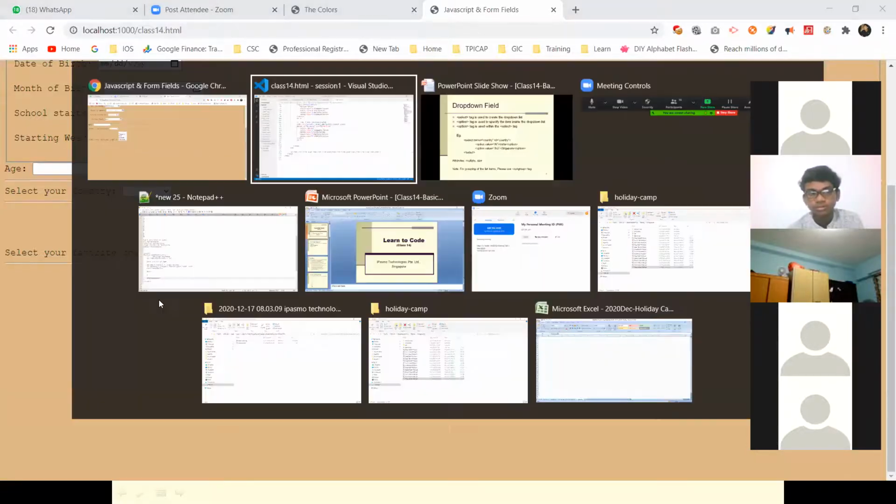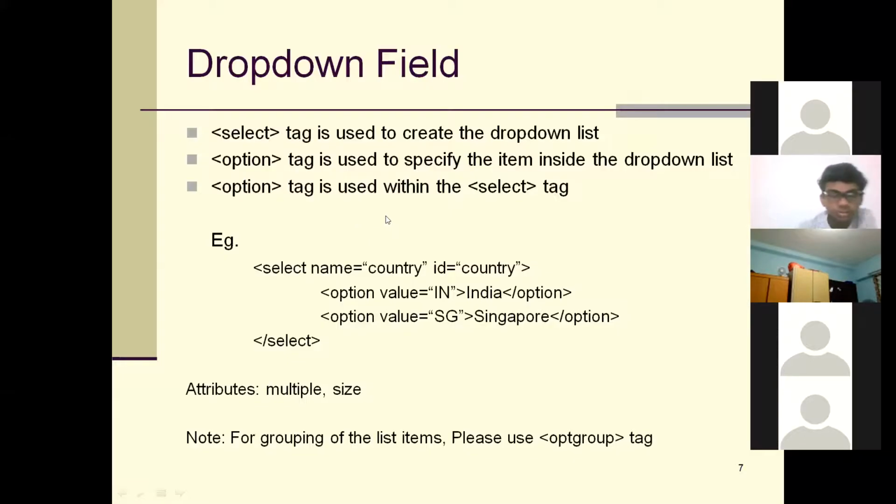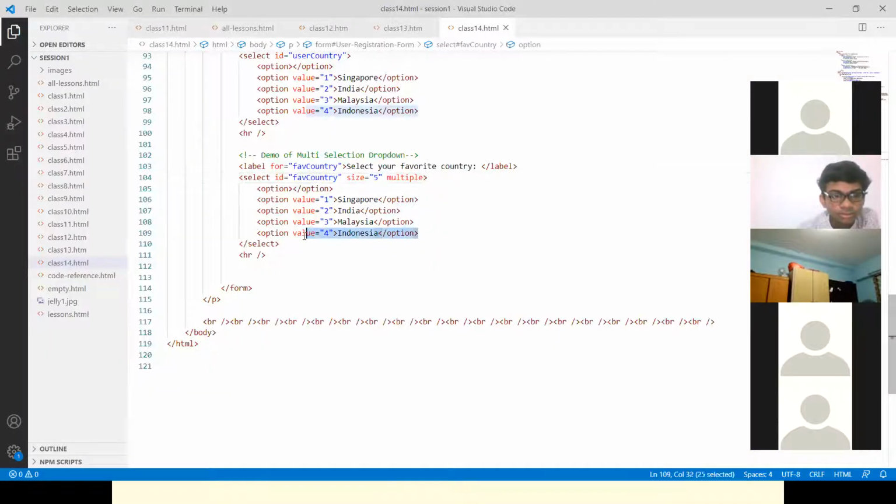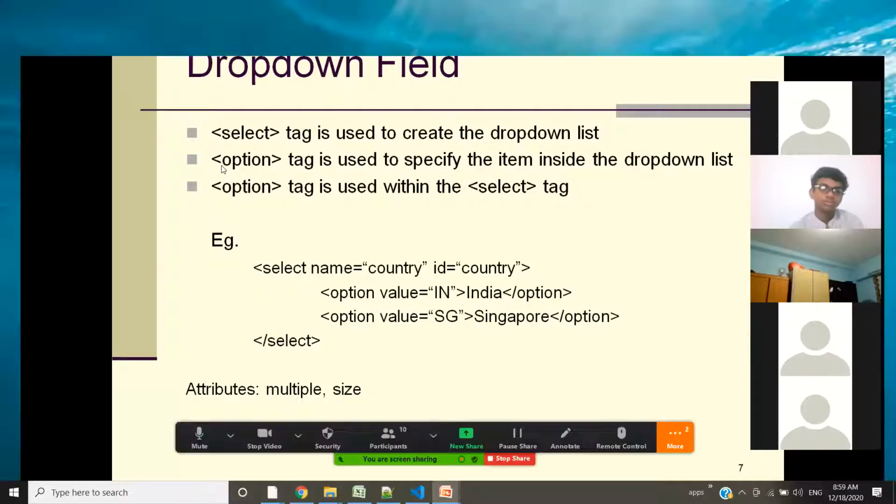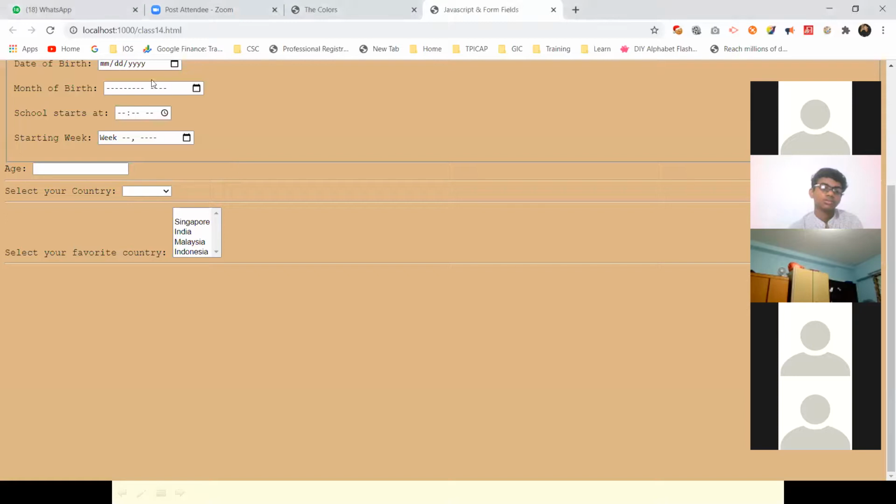Now let's go to the other part of the slide. So we learned about size and multiple. But when you put size, that up arrow and down arrow becomes gray. If you add one more element, then you'll see the difference. I'm going to save this. You notice the difference, right?